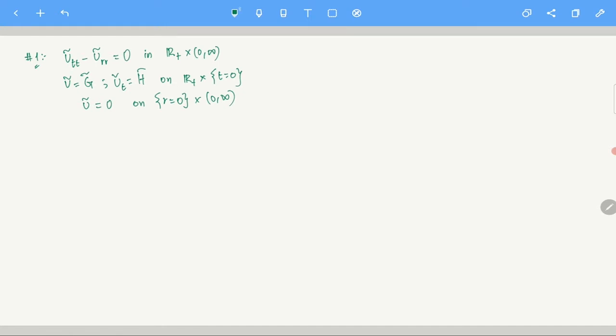When you take r equals 0, you can check that u tilde is definitely going to be 0. So that's an easy observation. Okay, so this can be easily observed, at least these two. I need to check whether the first is true or not. Last time we have seen that this is true, but here we have a little more complicated one. So let's just take that part. First things first.